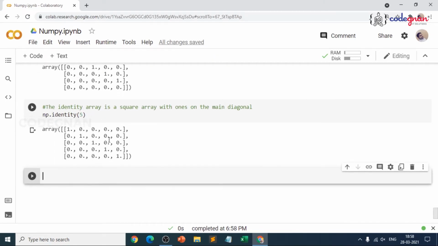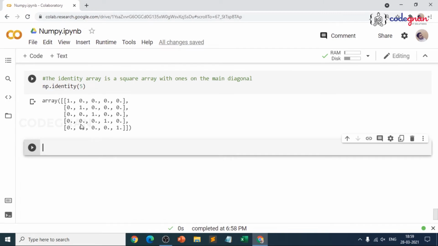I'll introduce one more important function, whether you can refer to the documentation or it's up to you. But I want to make it very simple. Suppose you want to extract the diagonal or construct a diagonal array, we also have another function called diag. So I'll just introduce that. You could just practice on it, because these are all special functions where you want to create your own arrays. We also have some reshaping coming up because that is very widely used.